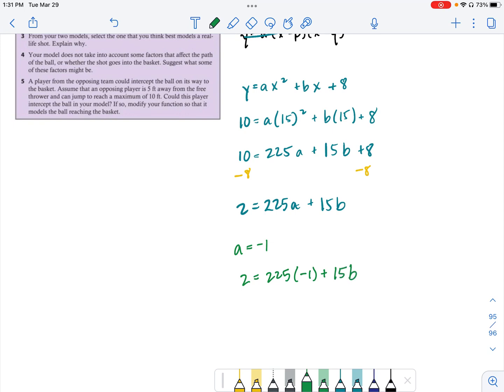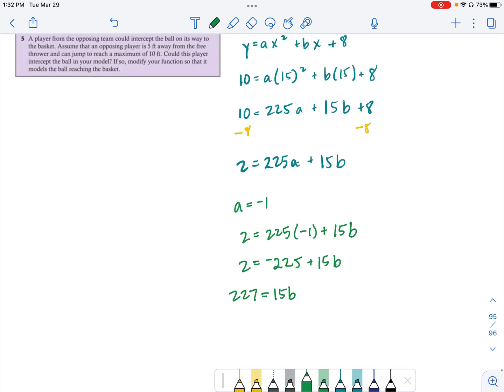And simplifying, we can solve for b. So 2 equals -225 plus 15b. Adding 225 to both sides, we get 227 is equal to 15b. And dividing by 15, we get b equals